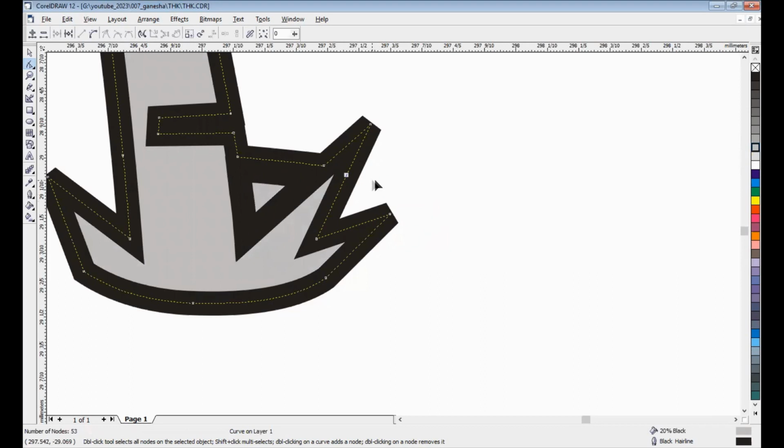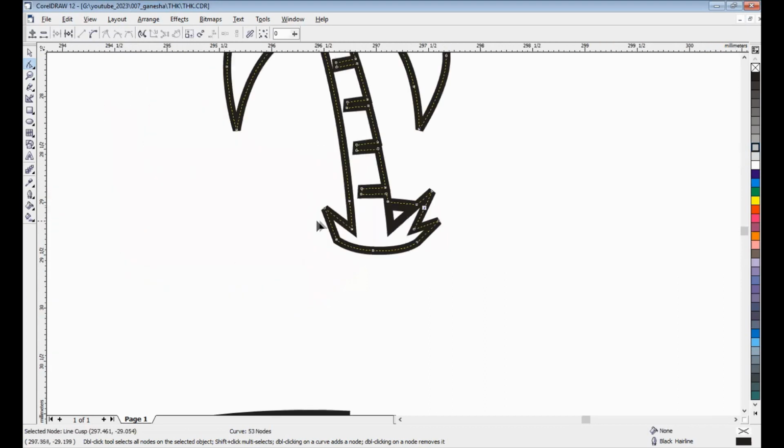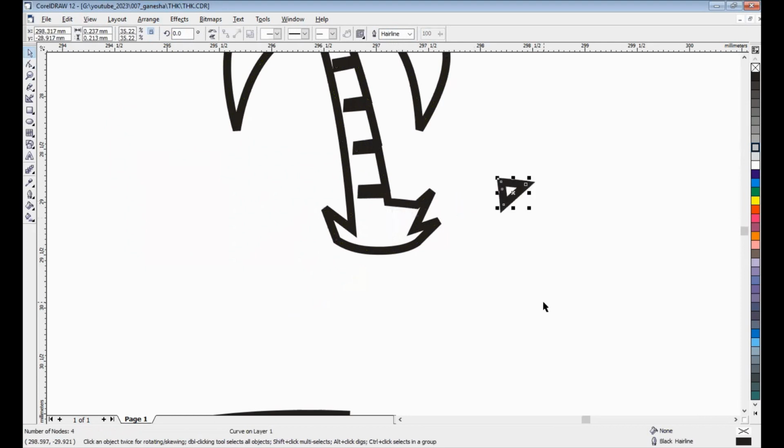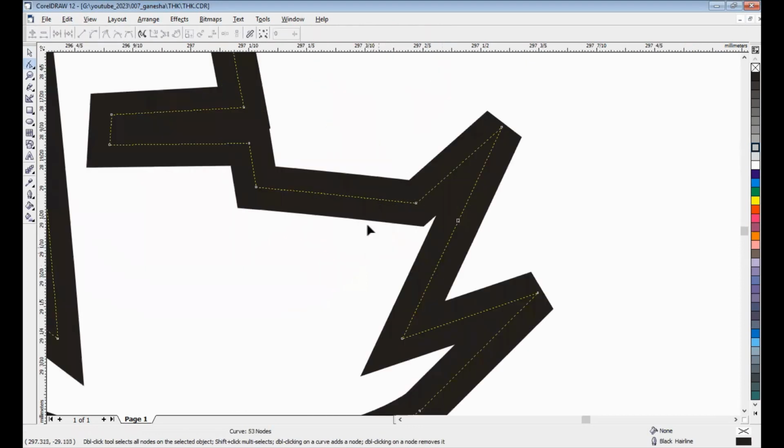And then we can give color. Okay, maybe like this. We can delete maybe, and then we can modify, add nodes.